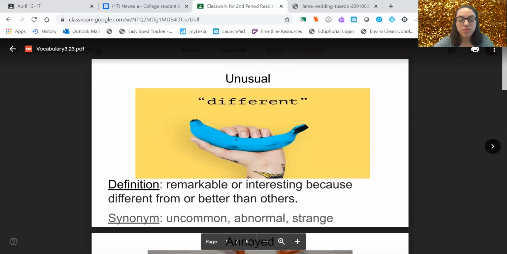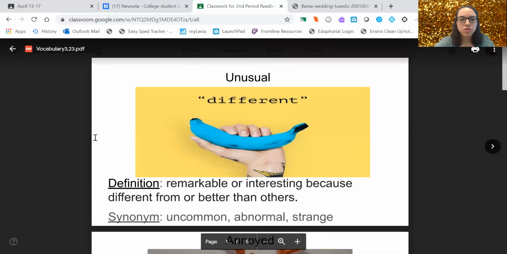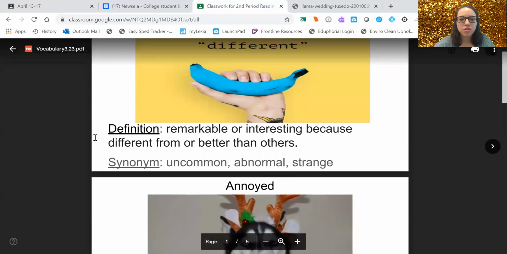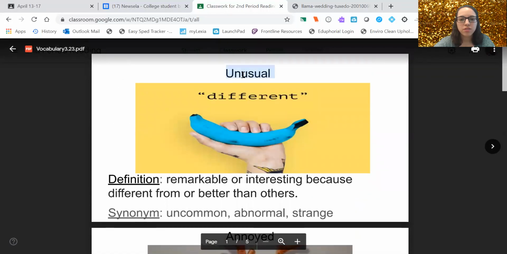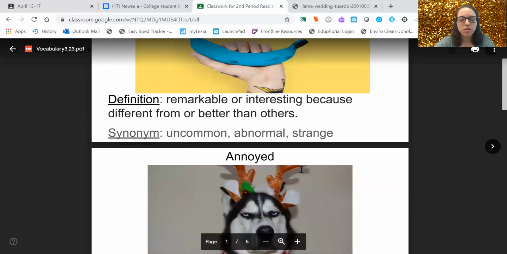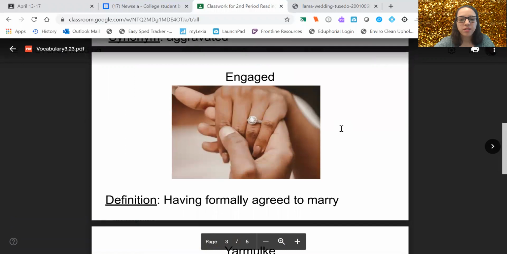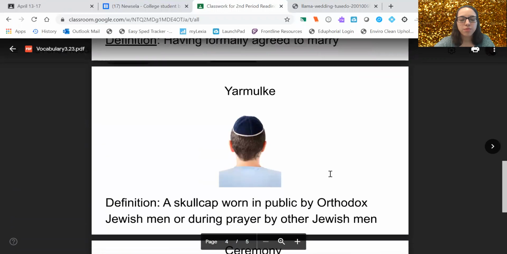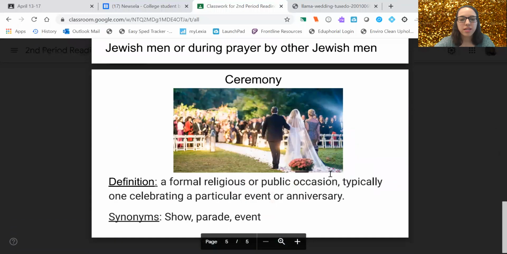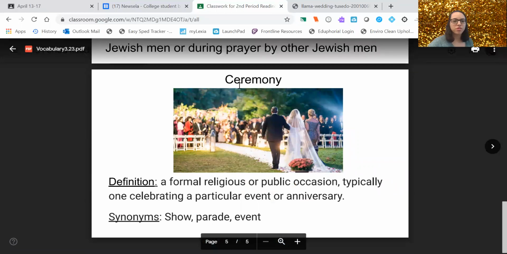That's what I want you to do: first go through these 5 vocab words just to make sure you know them. You have unusual, annoyed, engaged, Yarmulke, which we just went over, and ceremony. Those are the 5 words you'll see. After that is done,